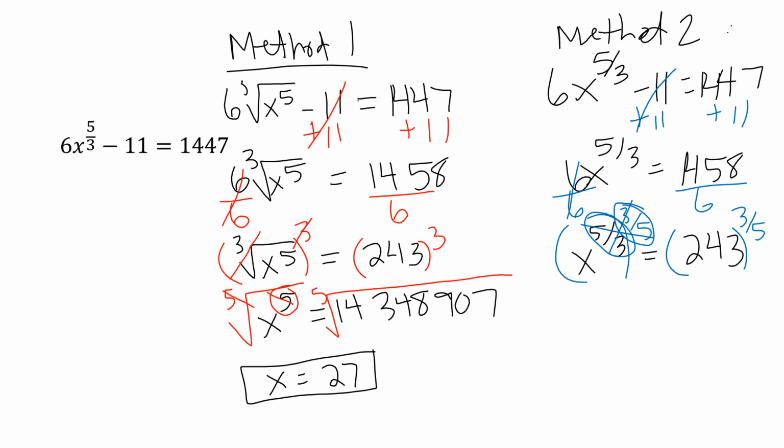And if you type this into the calculator, 243 to the 3/5 power is just 27. So that avoids getting some really, really massive numbers by doing those steps using an